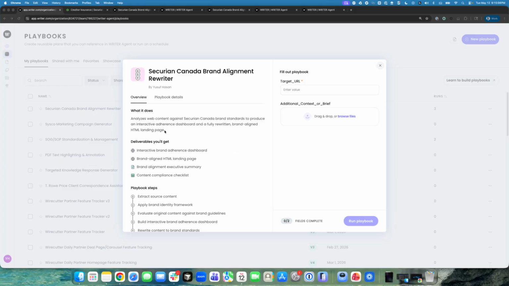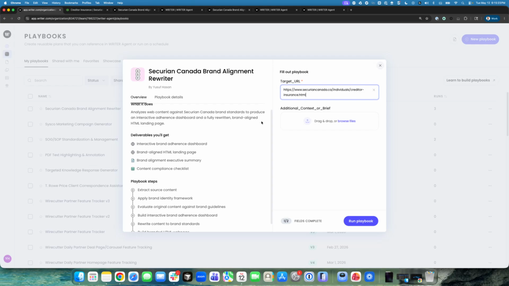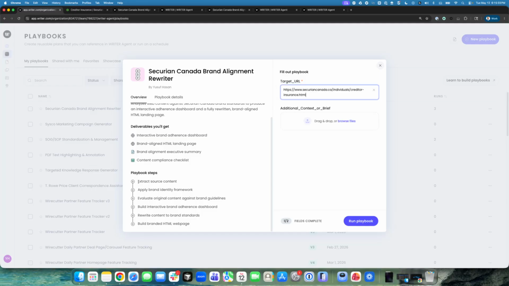This view shows you the description of what the playbook does. In this case, you see here, it allows you to analyze a piece of content in the form of a website that I'm going to quickly paste in here, which is the individual subsections creditor insurance page, which I'll show you in a second. Then it shows you what steps it'll take, which is extracting the